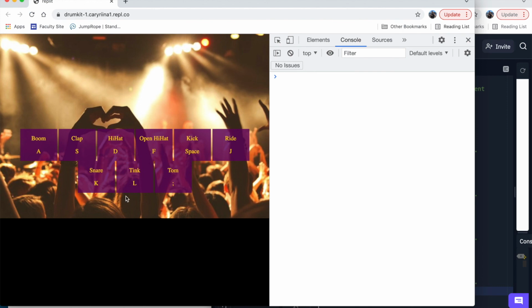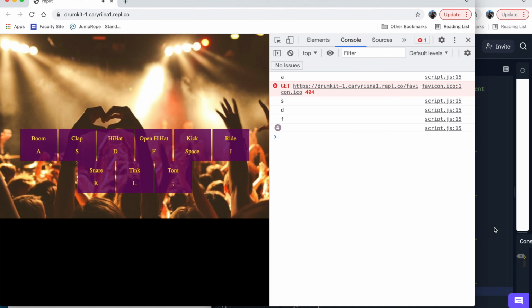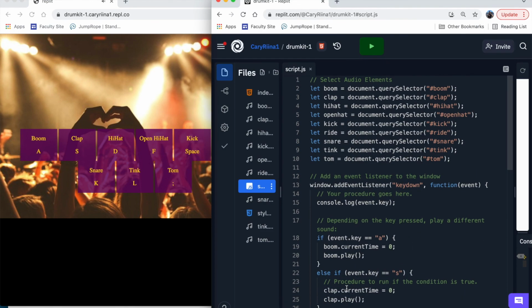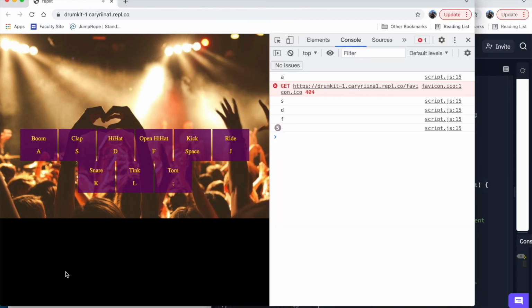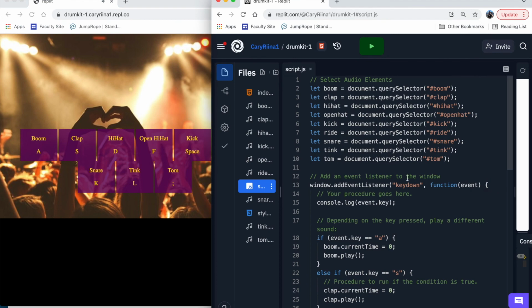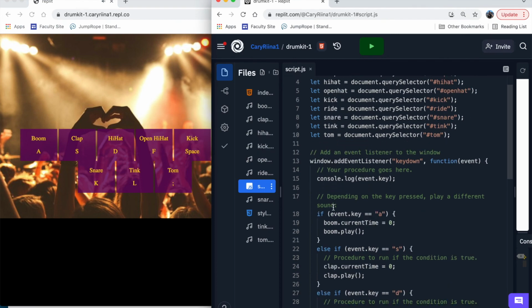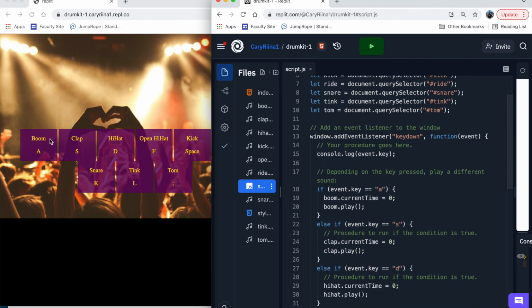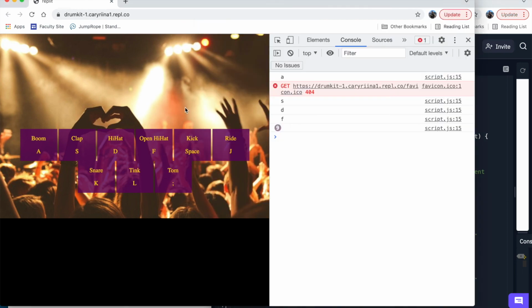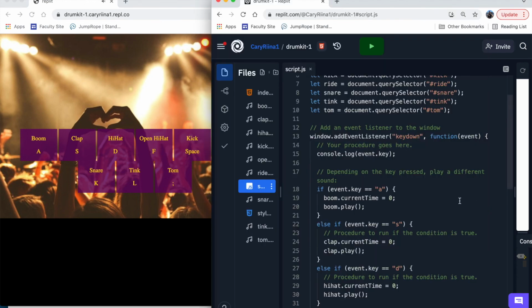Oops, I'm in the console here, so let me go back. All right, I think I have the wrong thing going on here. It looks like kick is playing the hi-hat sound. I thought kick would be the bass drum. I guess boom is the bass drum. No! All right, so let me do some switching around. No, you know what? I'll leave it like how it is. A is the bass drum. I thought kick would be the bass drum, but it's a hi-hat sound, so I guess I programmed 5 of